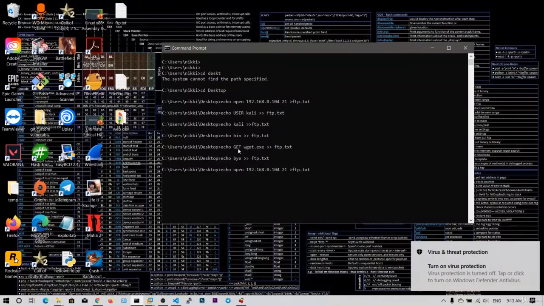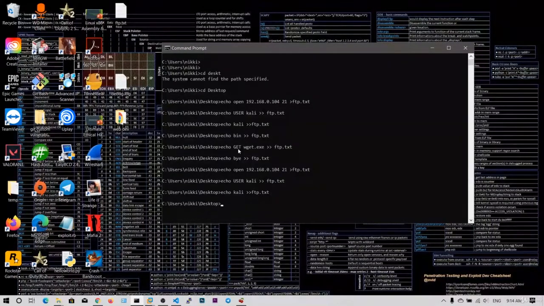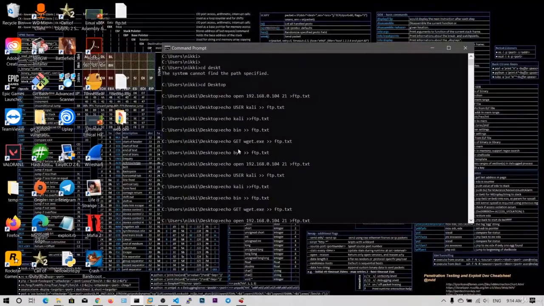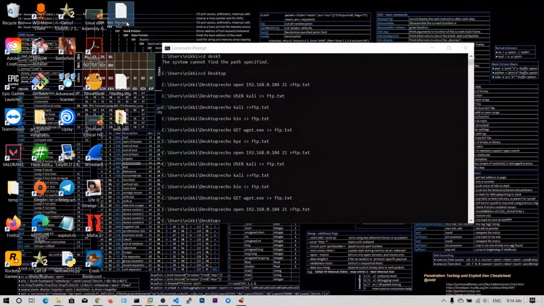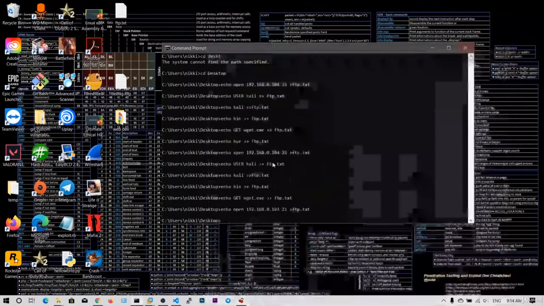I'm going to execute these commands again. Let me open this, and I will just paste it in here. So now our file has been saved.